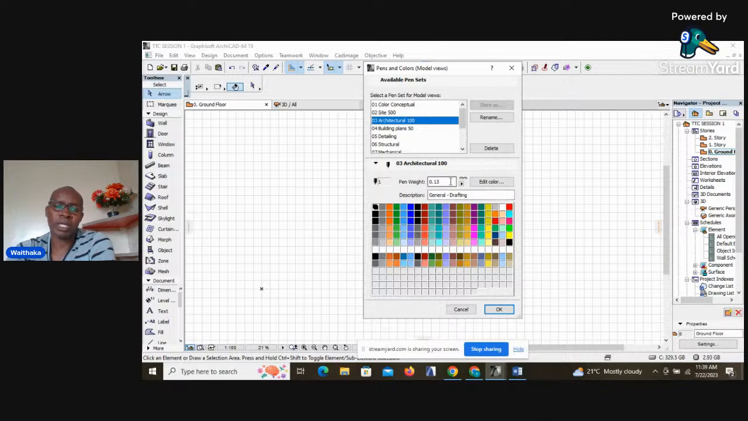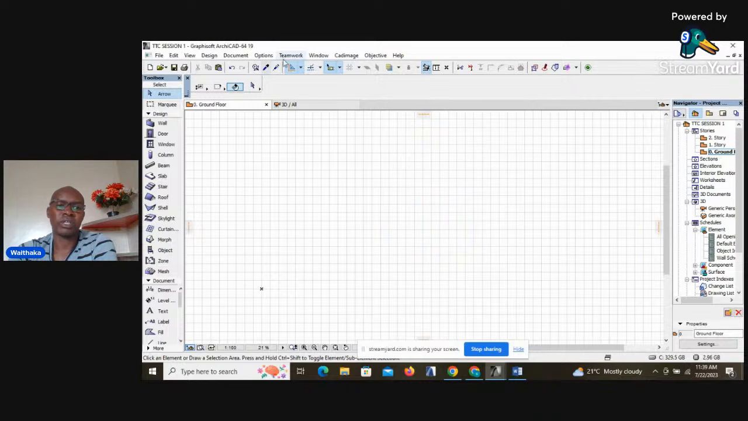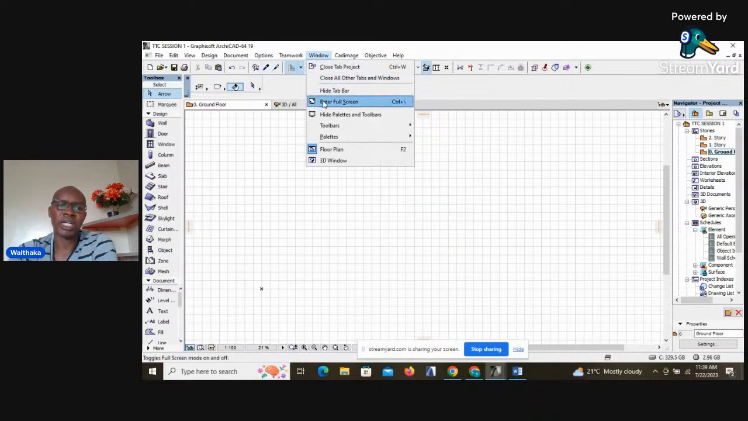If you want a pen that has a different thickness, how do you do that? How do you change it? We'll be able to do that under this section. And of course, we have the window menu, which is another quite important